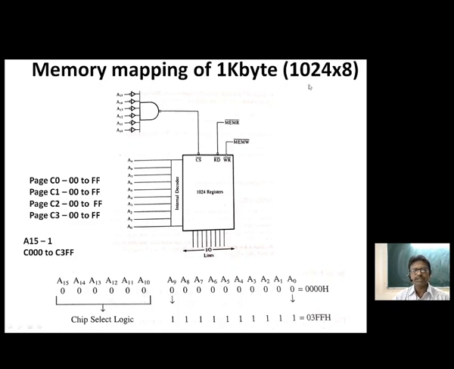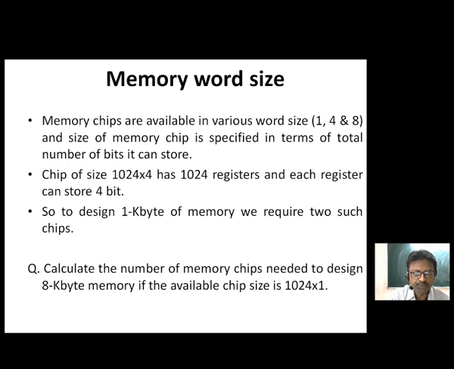Suppose we have to design for 4 kilobyte of memory. For 4 kilobyte, we require 12 address lines. So A10 and A11 both will be connected to the register identification, and we are left with A12, A13, A14 and A15 for the selection of the chip. So in this way, we used to do the memory mapping of the individual memory chips.